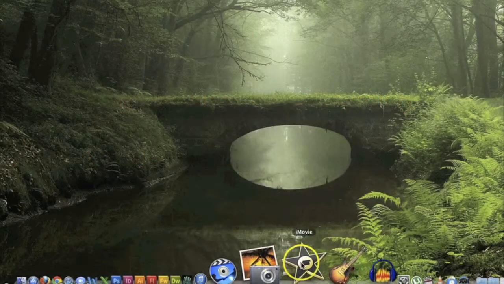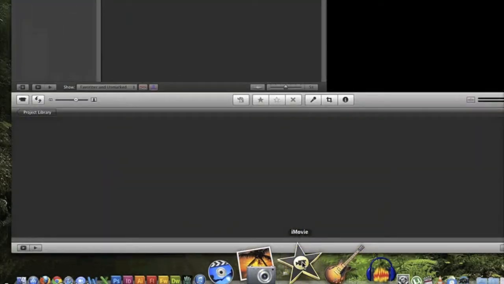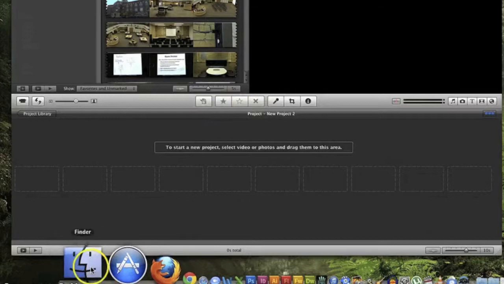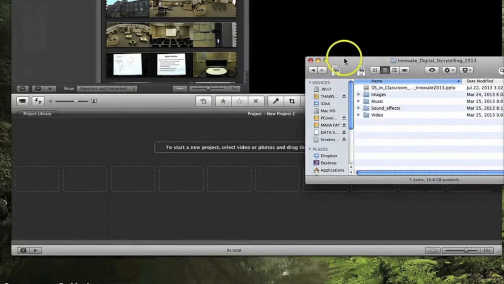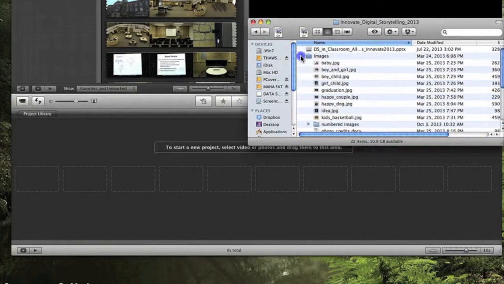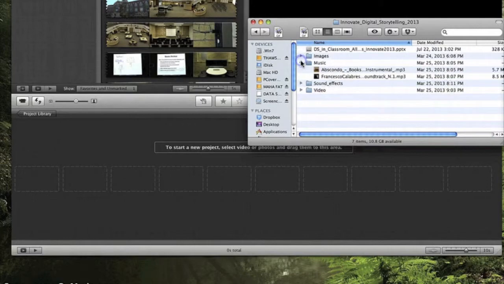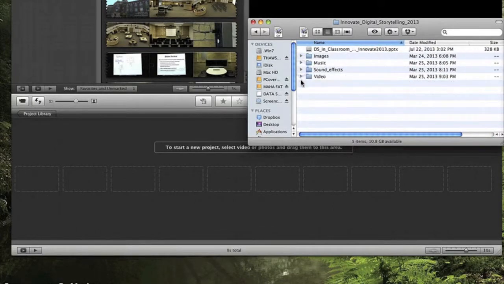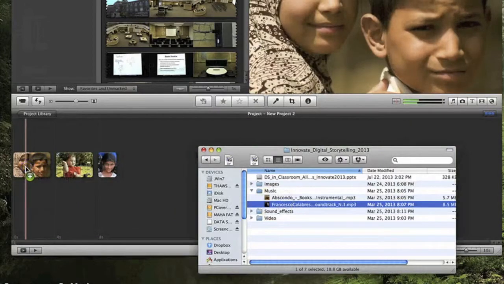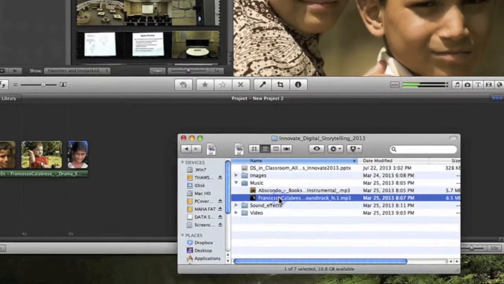We'll start with iMovie. I'm going to show you the basics of constructing your story and cover some common pitfalls so you can avoid them. Okay, now this is really important. Before you start importing your media into any editing software, make sure that your files are organized and named the way you want them. Having a folder for your project with all your files neatly named and organized not only saves you the headaches of searching for things, but it is essential to keep things in the same place with the same name after you import them,